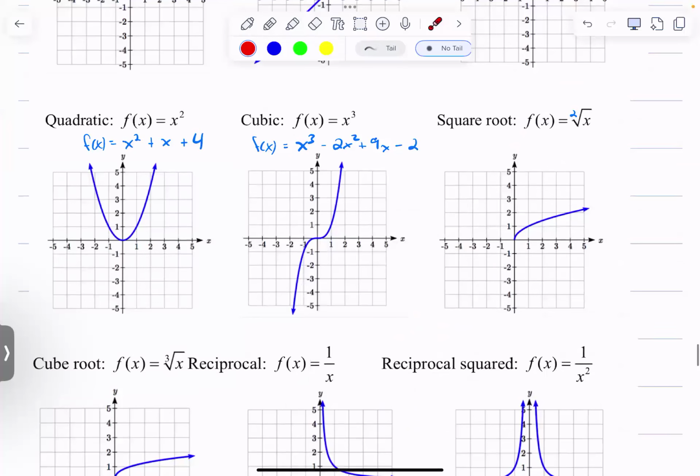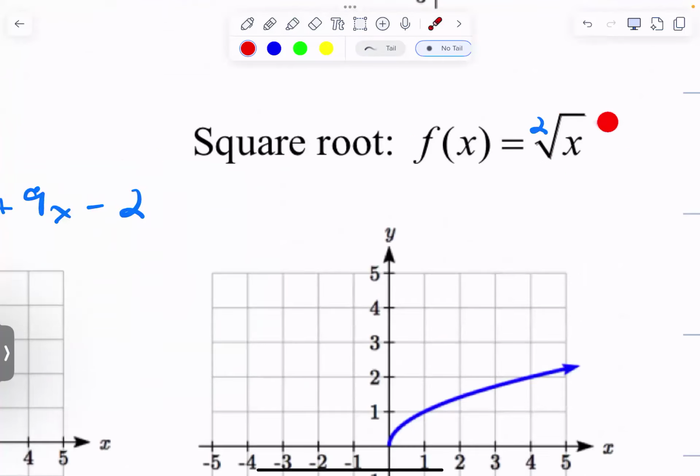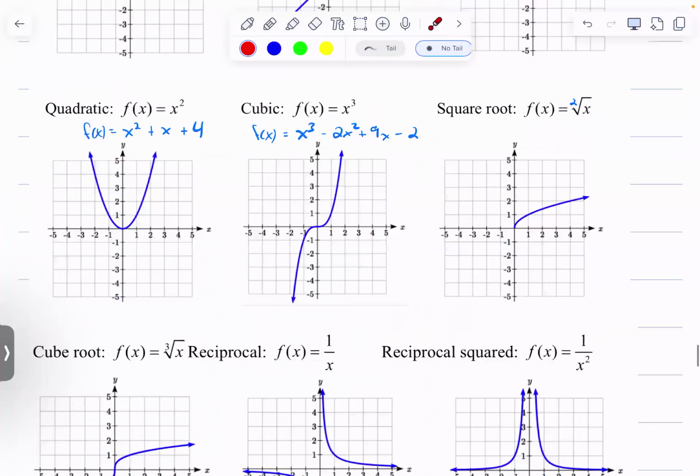What about the square root? When we don't have a number in the crook, I call this the crook of the root. I'm not sure that's a technical term, but I should confirm. When we don't have a number, it is assumed to be 2, but I just wanted it to be really clear that it is the square root. Okay?